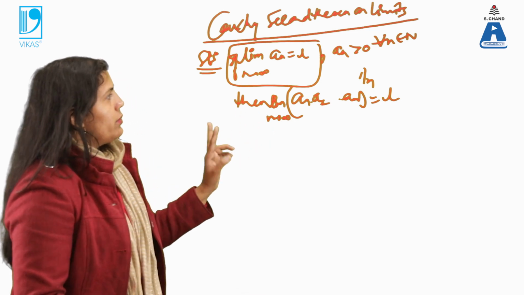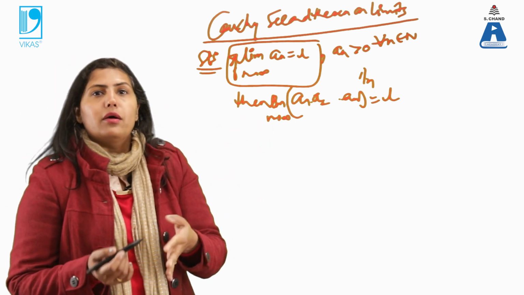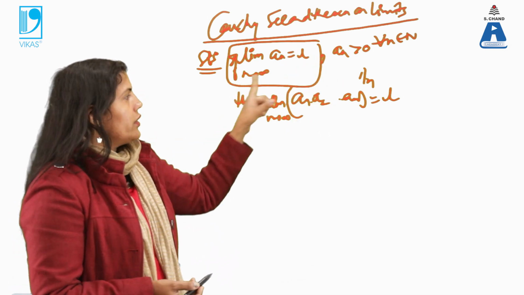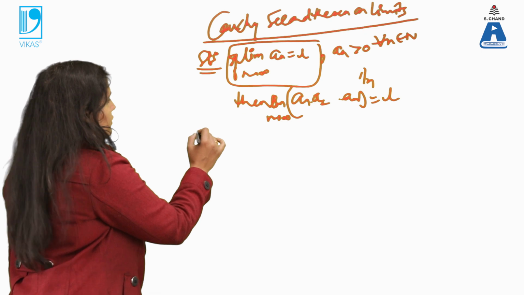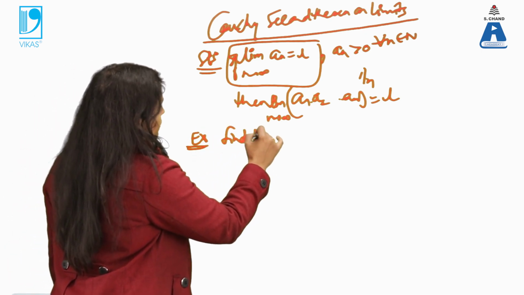It means this theorem is more applicable in the form where your nth term is in power form. In such questions, this theorem will be very, very helpful. Now, one example I am taking. Find the limit. The question will be like,